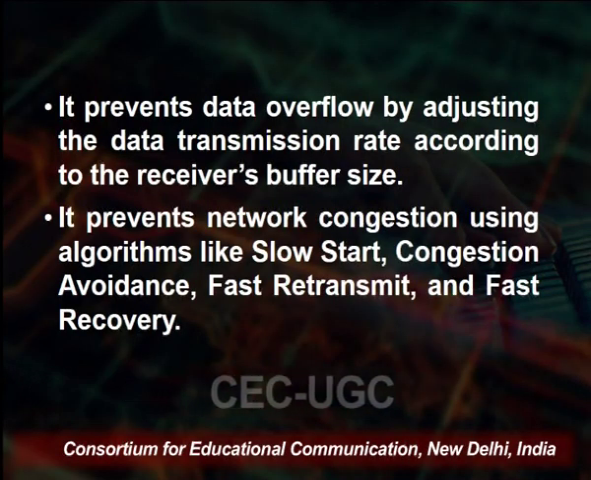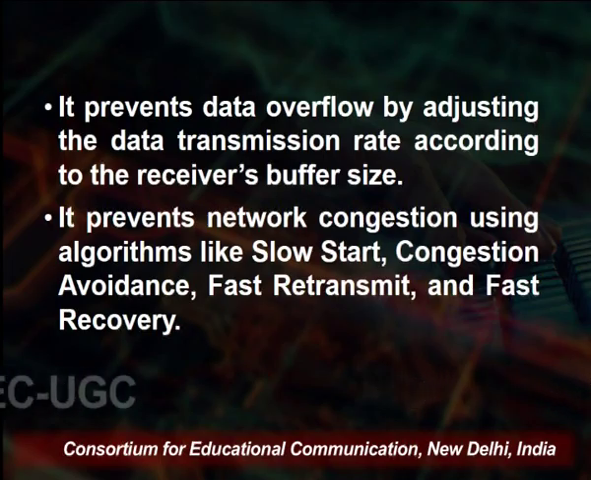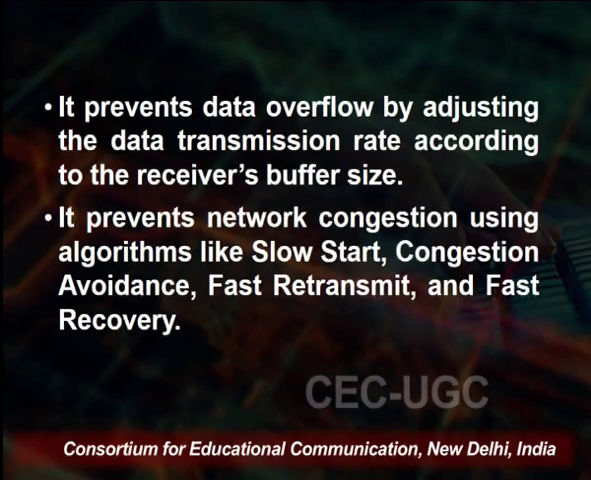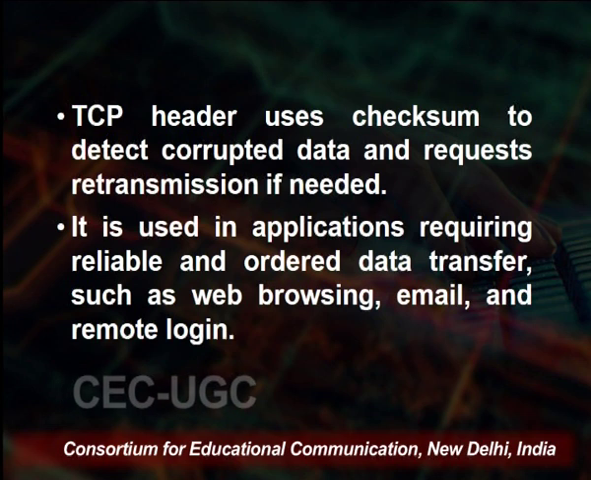Now it also prevents data overflow by adjusting the data transmission rate according to the receiver's buffer size, and something which is going to help us here is the sliding window protocol, which is run at the receiver's end. It also prevents network congestion using several algorithms, which could be slow start or congestion avoidance, fast retransmit and fast recovery algorithms. Now the TCP header uses a checksum to detect corrupted data and request retransmission if needed,